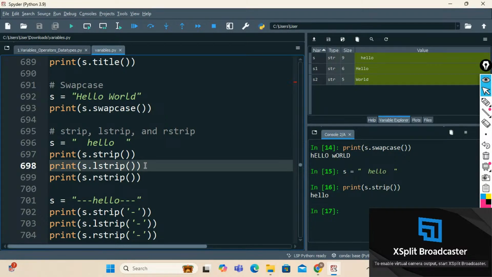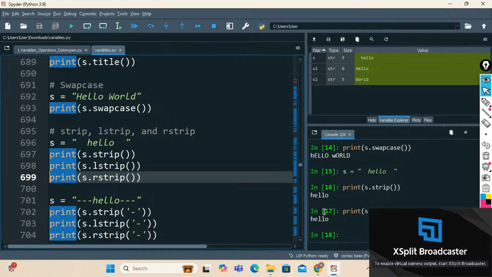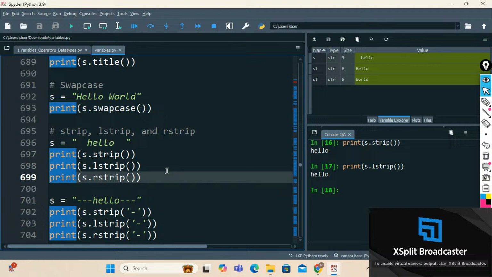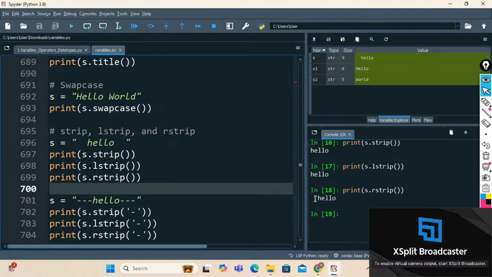What if you want to strip only the left side spaces? We have lstrip, which removes only the spaces on the left side of the string. See, hold on guys, we'll do it for the next example as well for better understanding. In the same way, we have rstrip to strip the spaces on the right side of the string, whereas left side spaces will be as is. See,